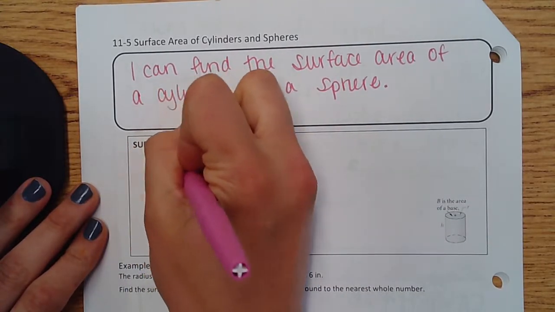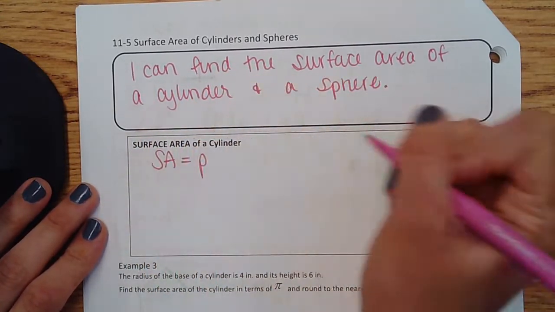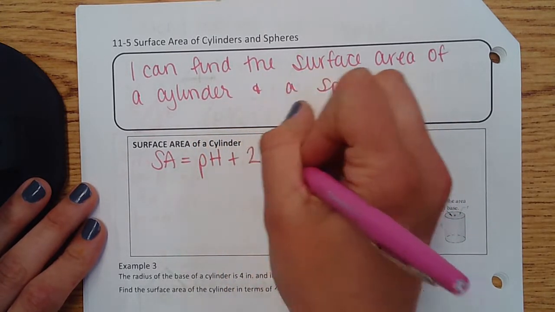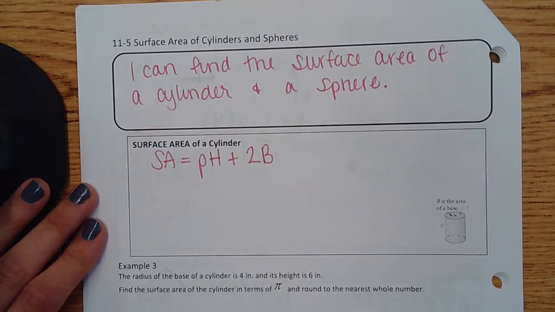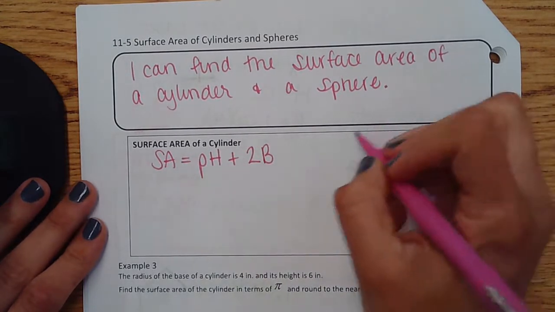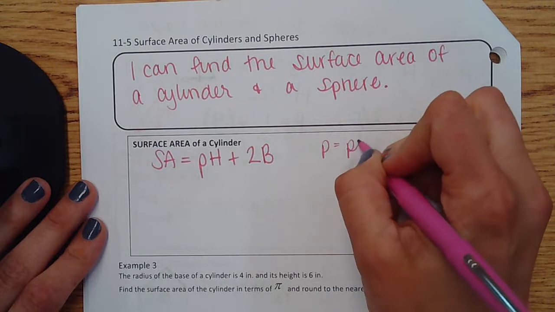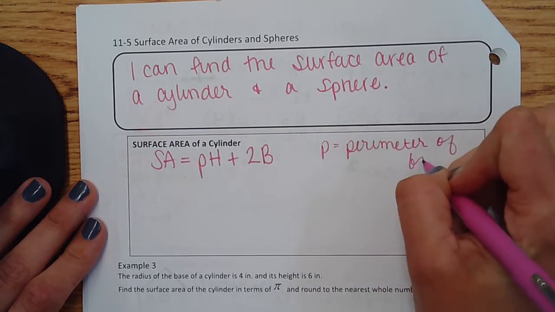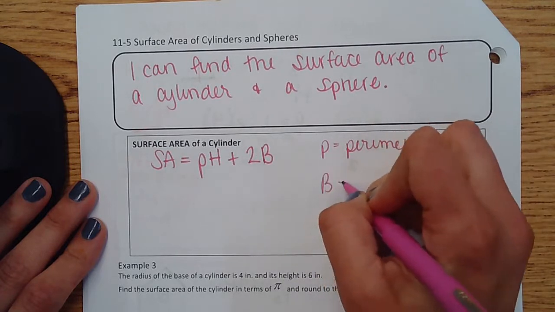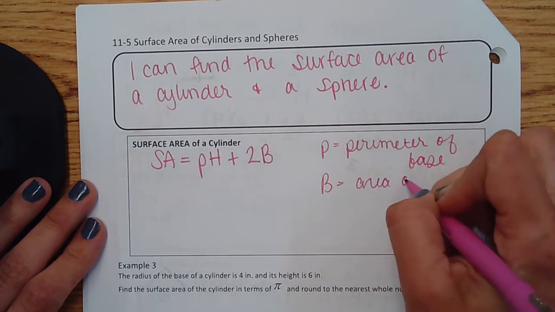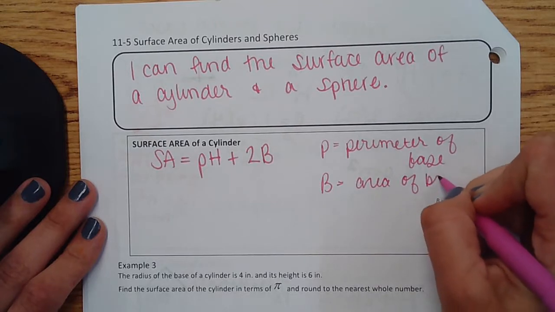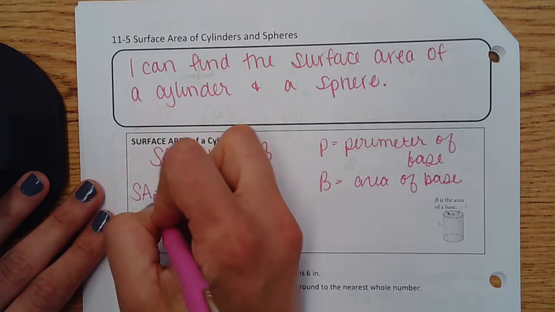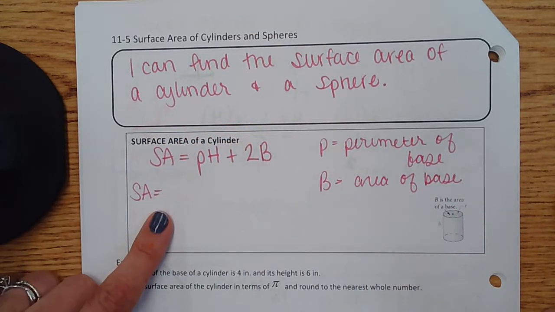So from yesterday, we worked with surface area equals the perimeter of the base times the height of the cylinder plus 2 times the area of the base. Okay, remember P, perimeter of base, followed by capital B is area of base. And both of those are circles. And we know with a circle, we always need the radius. So surface area equals, okay? Now,